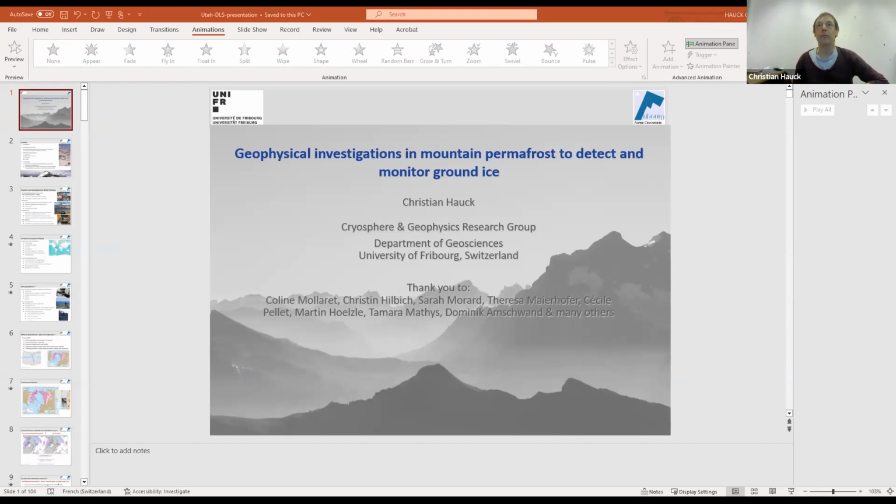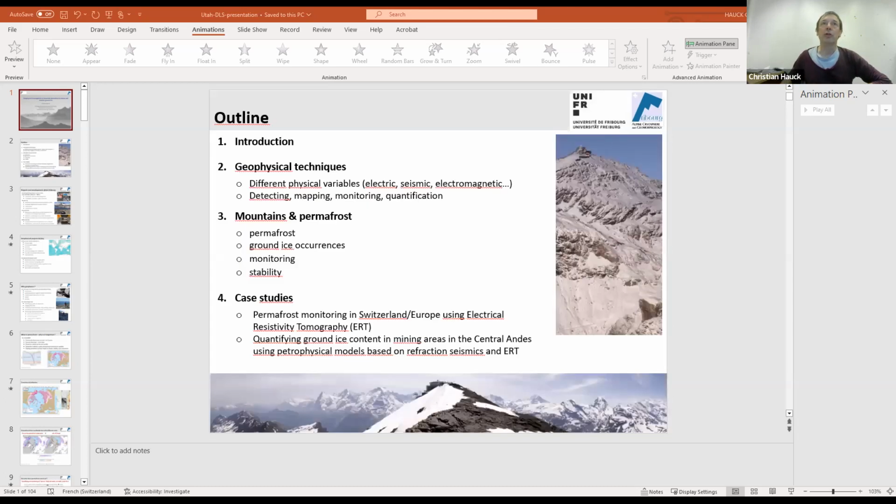So I have to thank, of course, a lot of people in geophysics. As you all know, one person cannot do a lot. So these many people from the group here in Fribourg helped in collecting all this data and also made substantial advances in the theory or in the application. And what I would like to show you today is